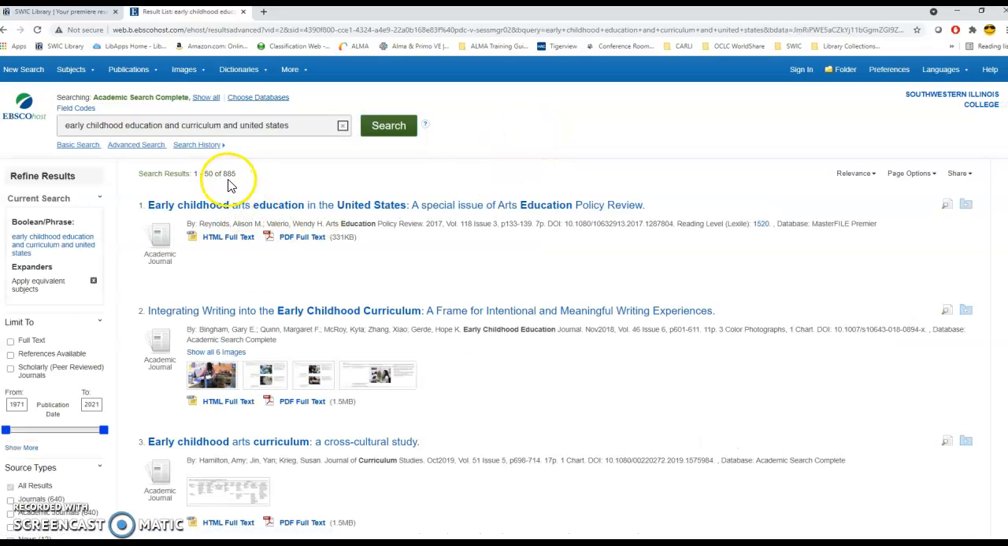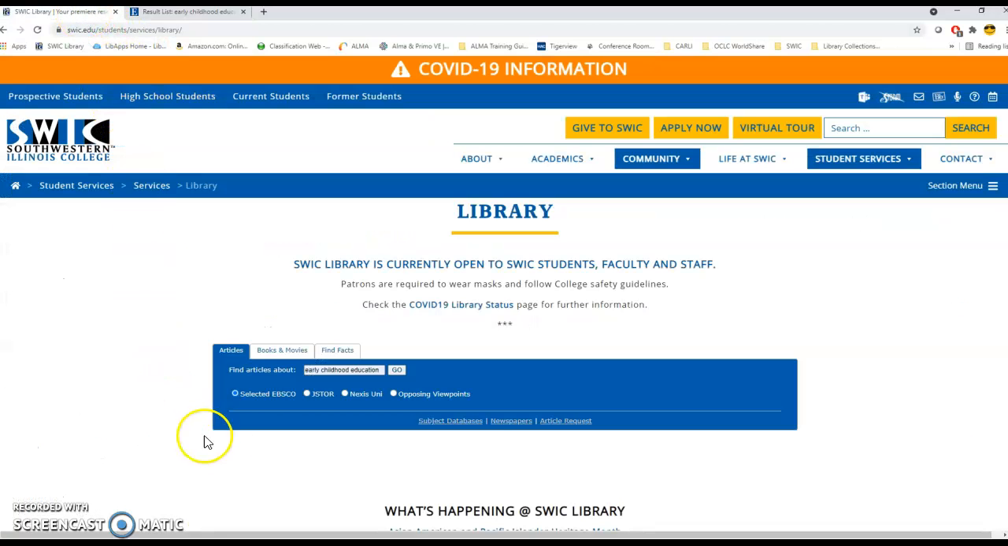Now I have a much smaller group of 885, so this is very manageable. But as education students, there is a super awesome trick that I'm going to show you. So when you start searching in EBSCO from the front page of the library,